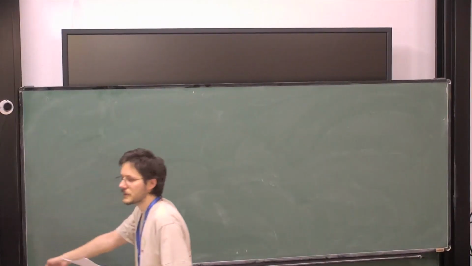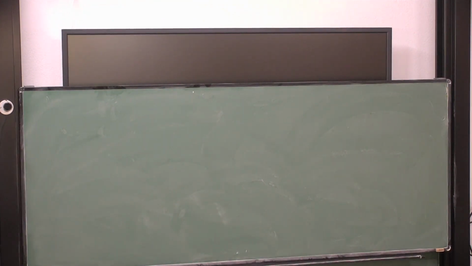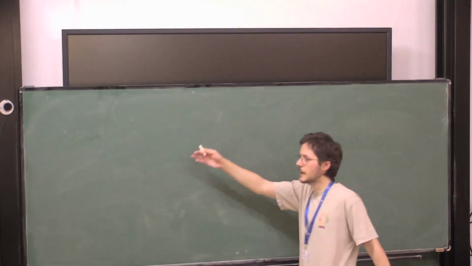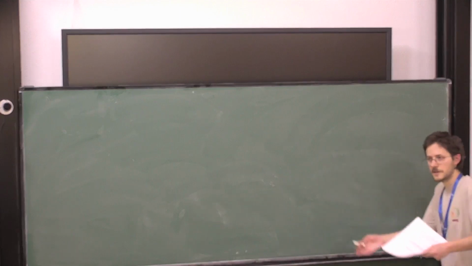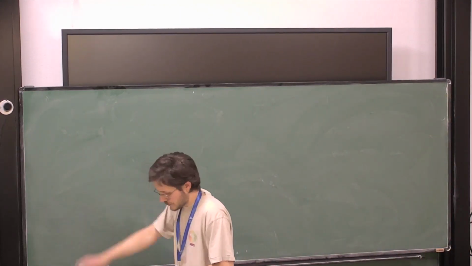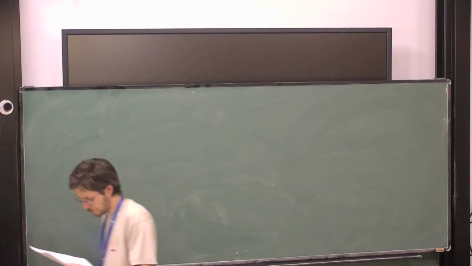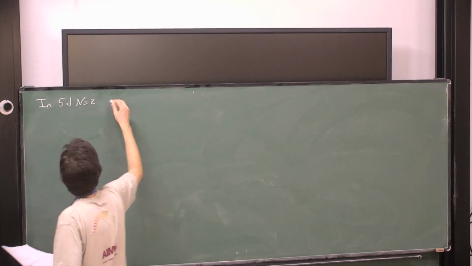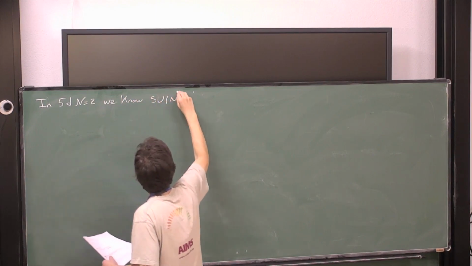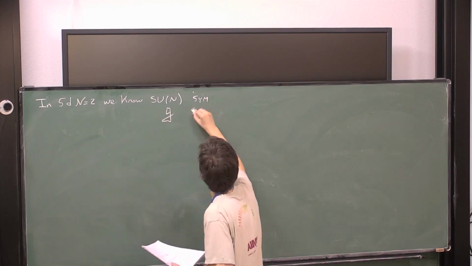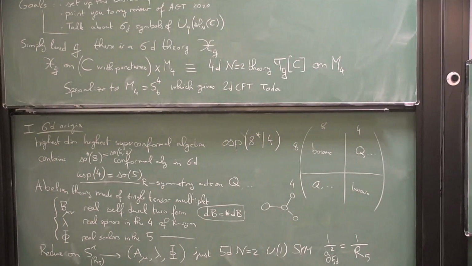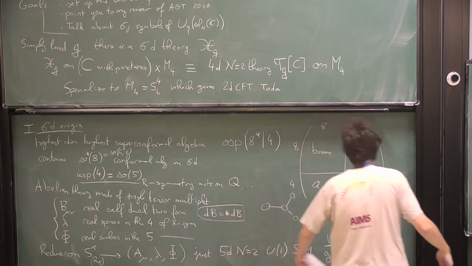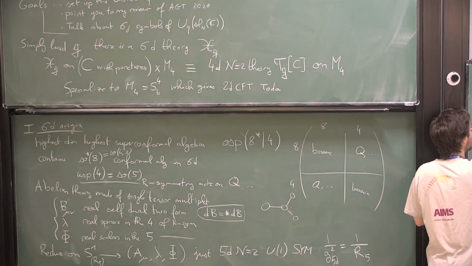Now, can you make this non-abelian, which is really the interesting thing? The answer is, this condition is hard to generalize, contrary to Yang-Mills, where you can write self-dual instantons. You can write F equals star F, and you can do it in the abelian or non-abelian case. Here you cannot, because there's no B wedge B or anything like this you can write. So for the non-abelian case, what you do is say, okay, in 5D N=2, we know SU(N) super Yang-Mills. And actually you know it for any Lie algebra G. And what happens is that when you look at excitations of this, you have excitations of A_mu, lambda, and phi, but you also have instantons,